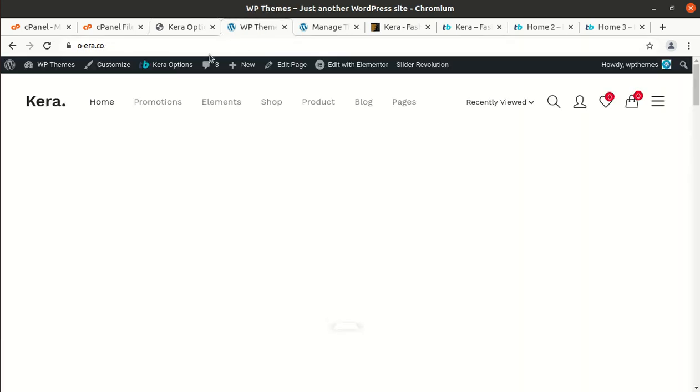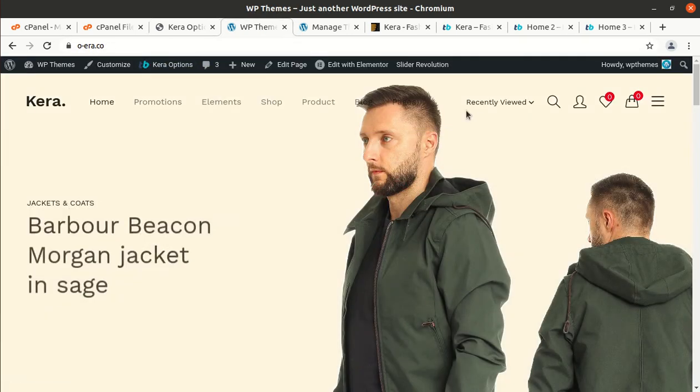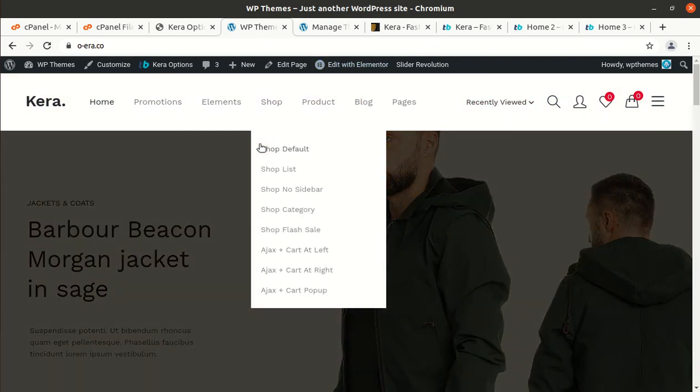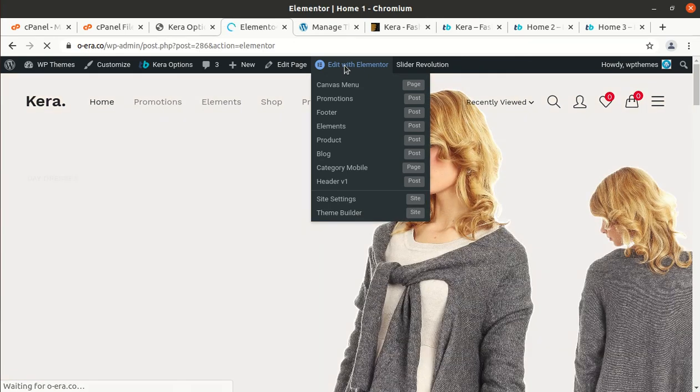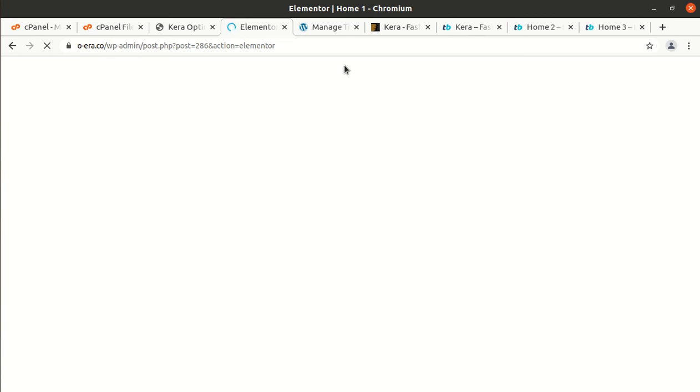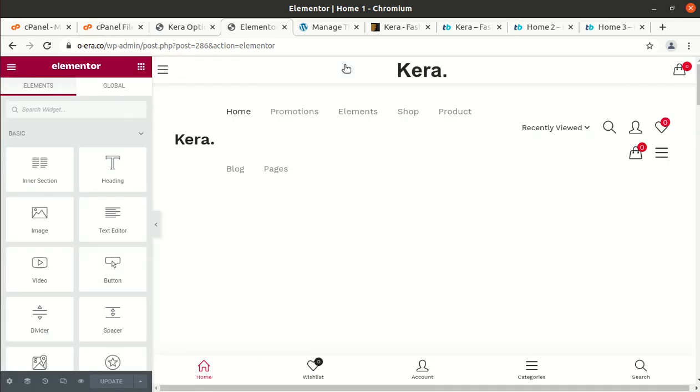And for editing the content, you can simply use the Elementor page builder, and just open the page and click on edit with Elementor. You can edit the content of the page. Elementor is so easy to use, so even a non-technical person can use Elementor for editing the page contents. And what I'd rather advise you is to take a backup of at least the home page, using any duplicator plugin, so that just in case you make any mistake, you can restore the page.